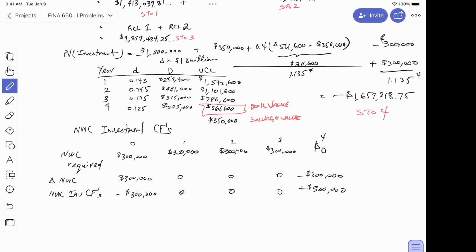For the inventory one, I didn't use the table. Do I have to use it? No, if you know what you're doing, present value, if you know what you're doing, it's fine. I'm doing this to show everybody where my numbers come from. You don't have to use the table if you know what you're doing. So 300,000 up front, then no increases, just in the last year that 300,000 is released back to the firm.